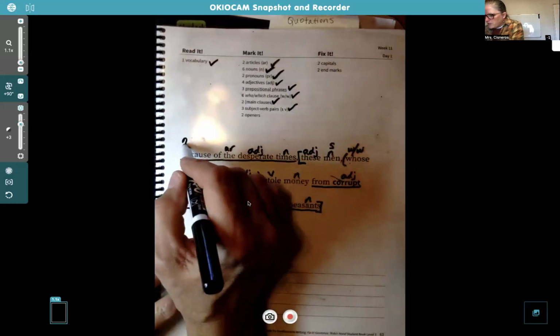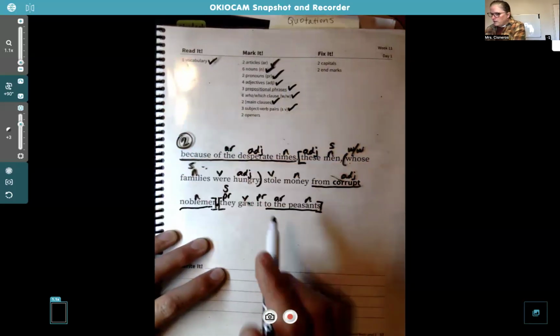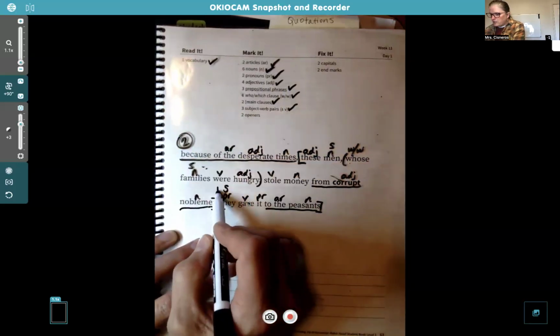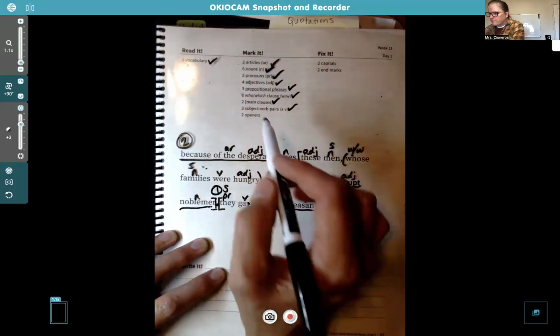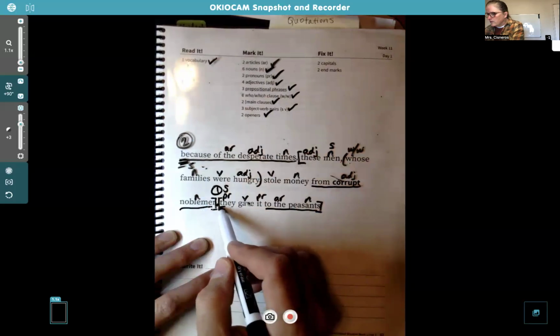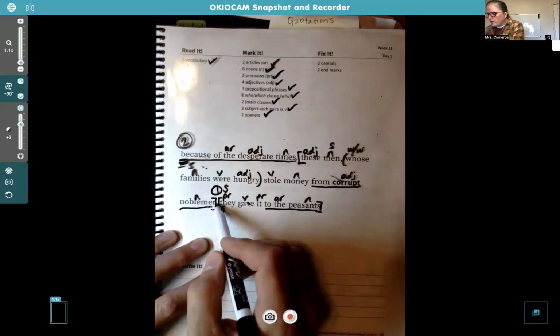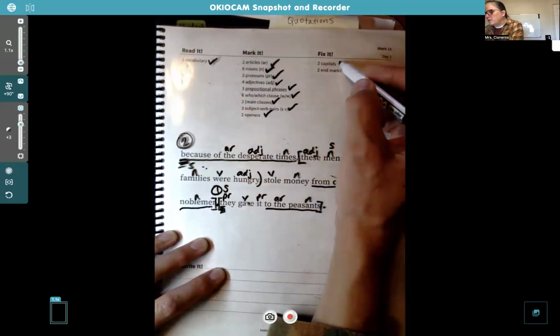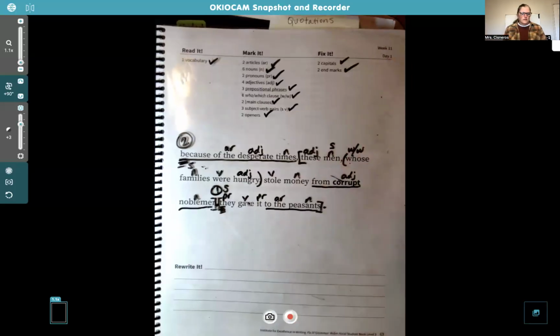This opener is a prepositional opener, which is in number 2. This opener down here is a subject opener, which is in number 1. Capitals. End marks, we already put in one. We'll put in the other one there, and boom, we're done. Done with grammar. Your homework will be pages 64, 65, and 66.